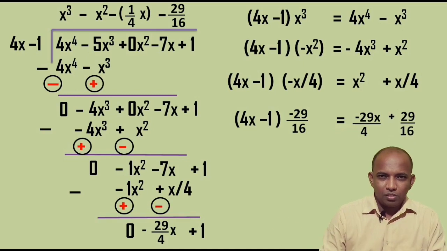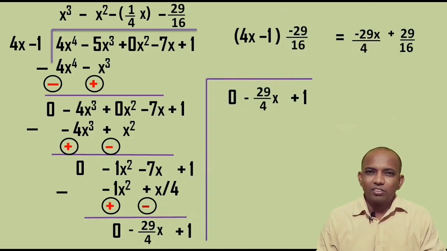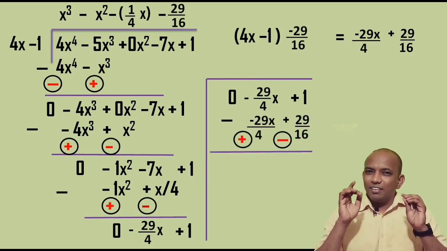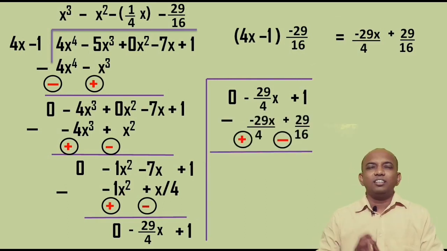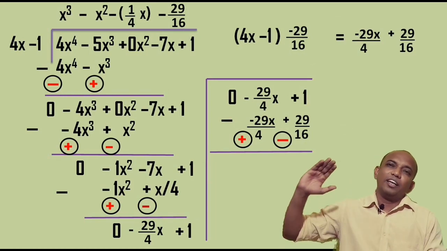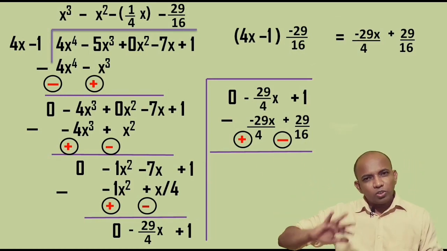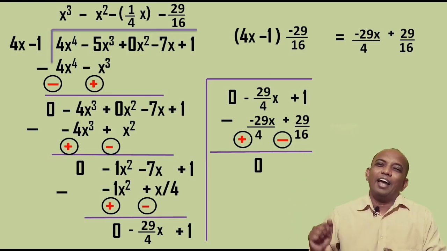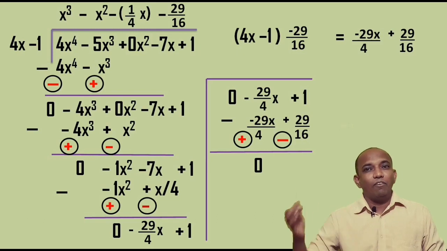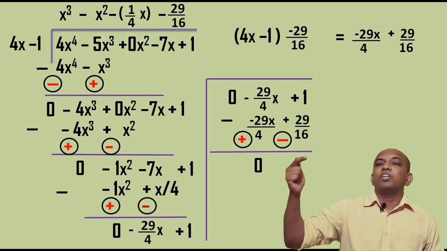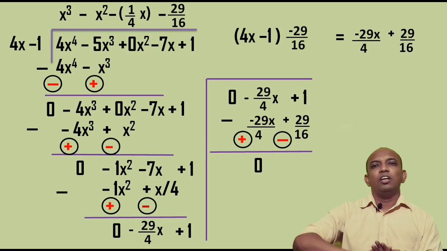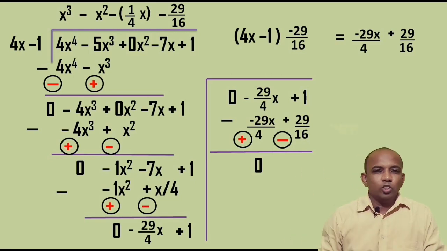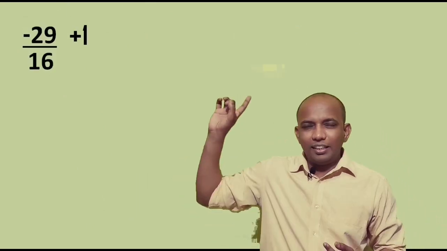After this, both these terms will be utilized in the subtraction. The moment you carry out the subtraction, we have to change the sign, and the moment you change the sign, to our surprise, our first term, that is negative 29x upon 4 and positive 29x upon 4, will cancel out each other. 0 will be there, and after that, in the second part, what do we have? We have plus 1 and negative 29 upon 16. Again, we are with a fraction and a normal number, and we have to carry out the operation. What to do? Look at the screen. So we have negative 29 upon 16 and then plus 1.